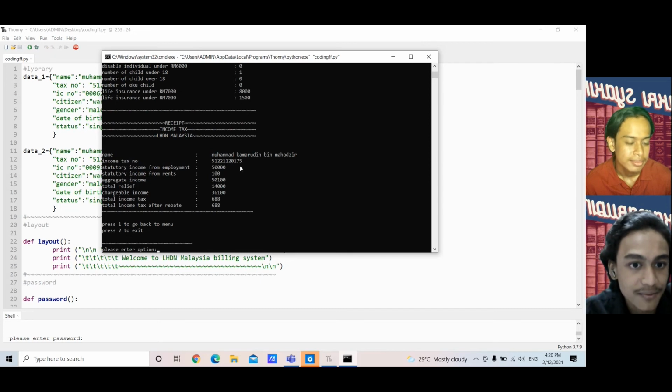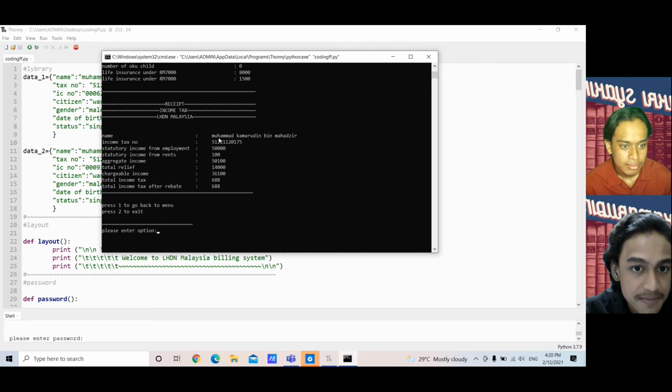And as you can see from this receipt, it will display my name, my tax number, my income from employment, my income from rent, and the aggregate income is actually the total of my employment plus rents, and it will minus my total relief, which is 14,000.